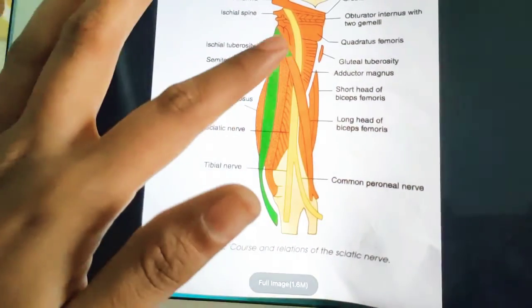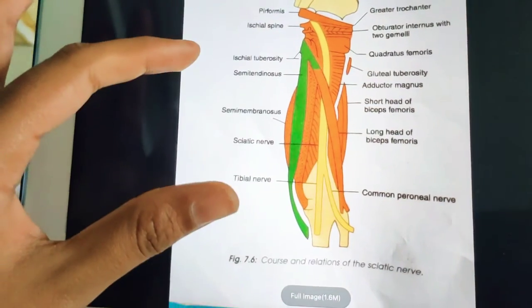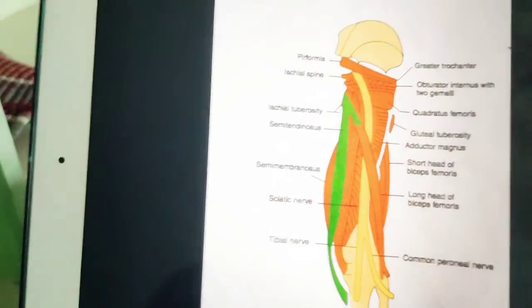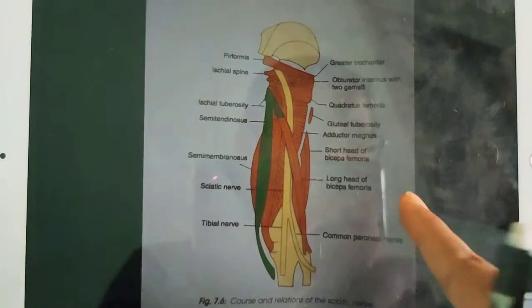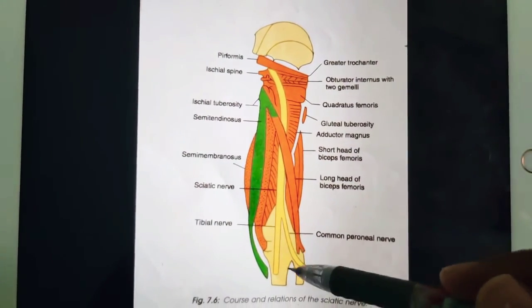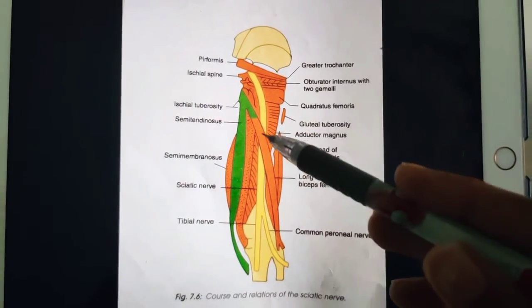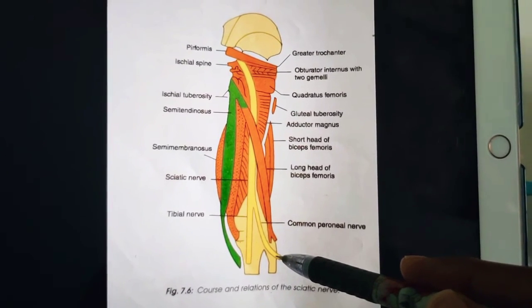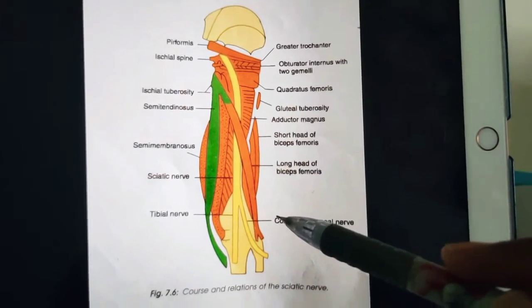Now let us discuss the clinical anatomy related to the sciatic nerve. Mainly compression of the sciatic nerve against the femur. So here is the femur bone. If it is compressed against the femur, or unusually stretched after sitting for a long time, it may give a sleeping foot. Also sometimes there will be a shooting pain along the cutaneous distribution of the sciatic nerve, especially its terminal branches. Chiefly the common peroneal is known as sciatica. Whenever you get a shooting pain along the common peroneal nerve, that is on the fibula side, on the lateral and posterior side of your leg, that is called sciatica.